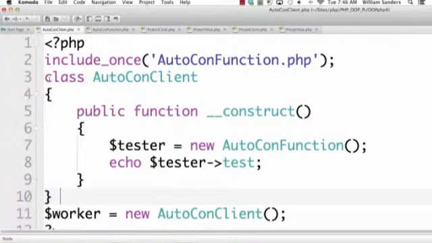Okay, so first of all, I declare a class, AutoCon client. This is the client making a request. Then I have my constructor function. Now notice I laid out the constructor function, declared it as public, even though you don't have to. It's automatically public whether you declare it such or not. And then I have a variable. This is a local variable called tester, and it instantiates a new AutoCon function. Okay, and then the next thing it says is echo tester